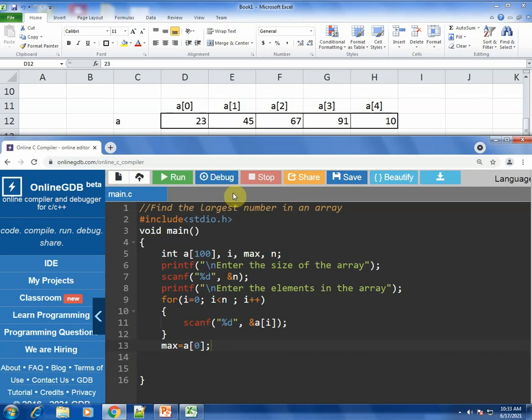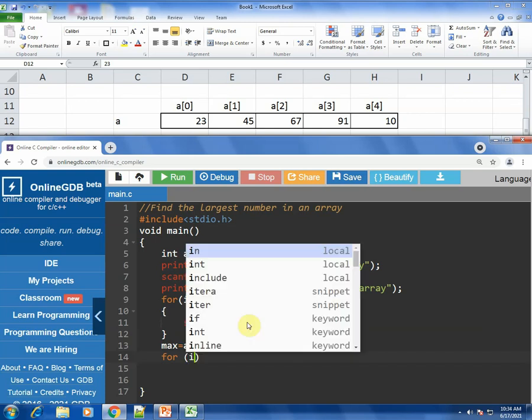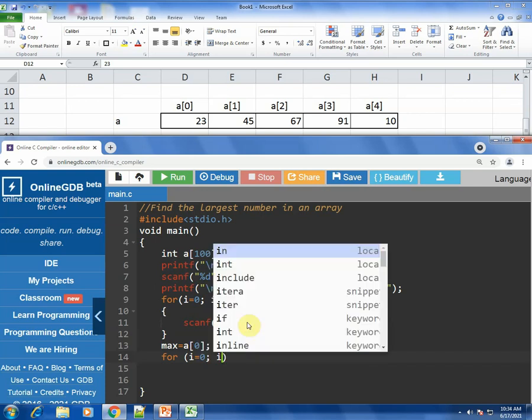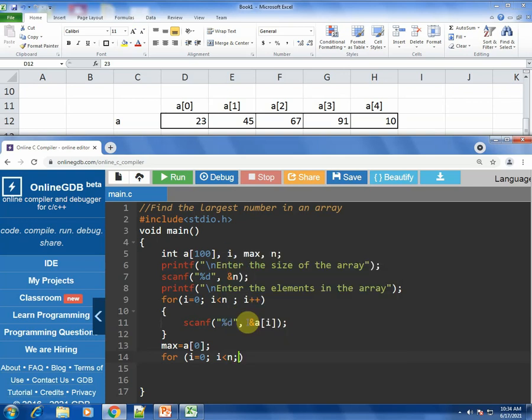Okay, next let us see how to go about. We have to write a for loop for checking of the numbers. So the technique we will actually be using over here is searching. We have to search for that element which is the largest in the array. Again we need a for loop, because you just can't search in an array without writing a for loop. A for loop is a must. So this is the same for loop which was used to take input. I am writing the same way.